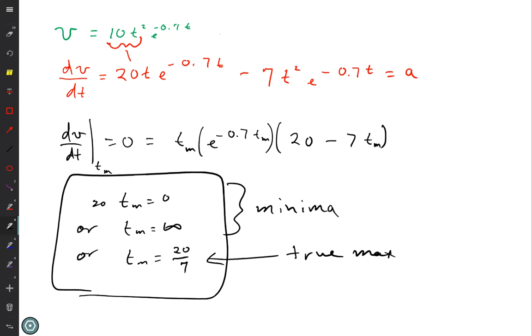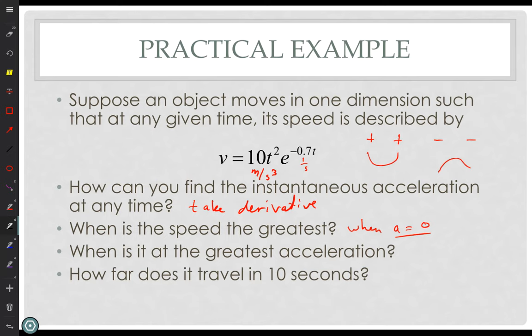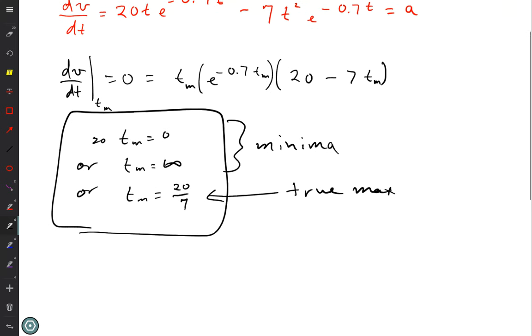Now I've got a graph of this coming up in 2 slides, so we can look at that graph and compare the time. I forgot what else. When is the speed the greatest? When is it at the greatest acceleration? Well, if I want to find the greatest acceleration, we've already, once again, had the explanation there, so let's just do it. The acceleration was